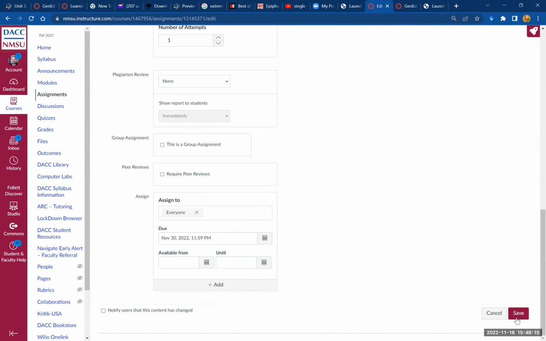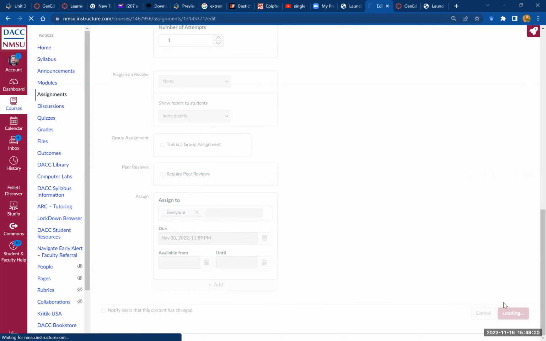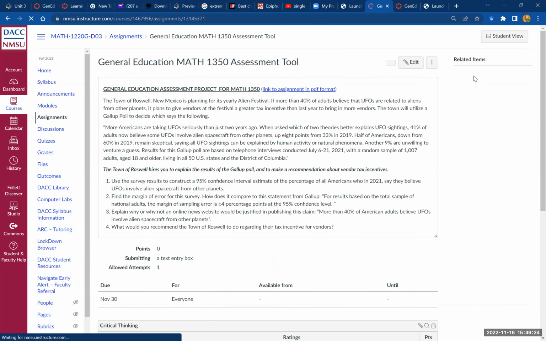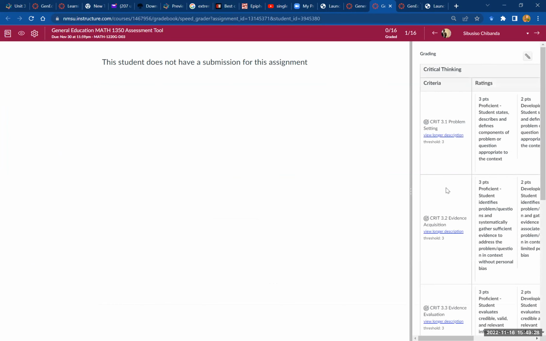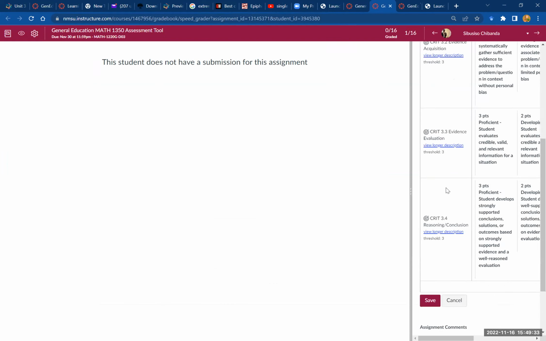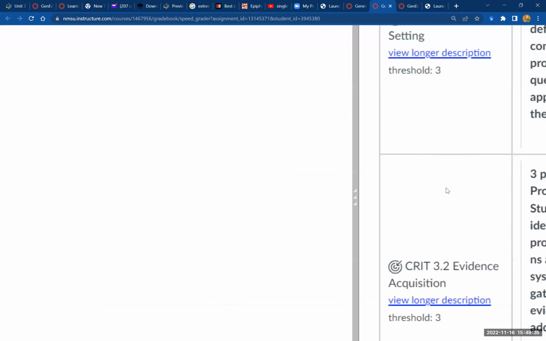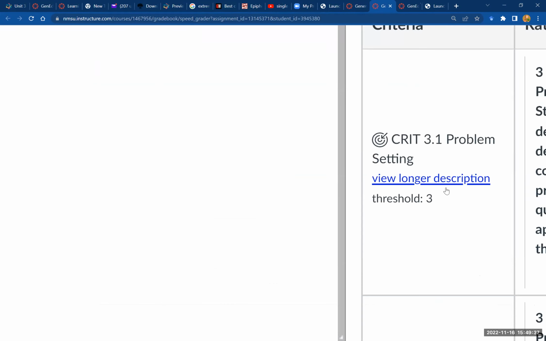Once students submit the document and you're ready to grade, you go into Speed Grader and you would utilize a rubric for critical thinking. There are 4 criterion, and very briefly,